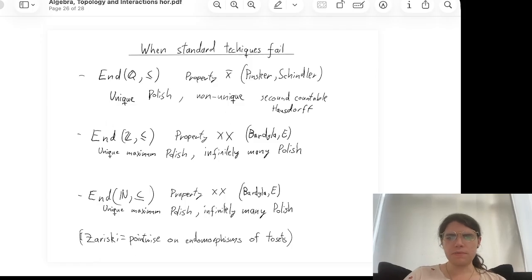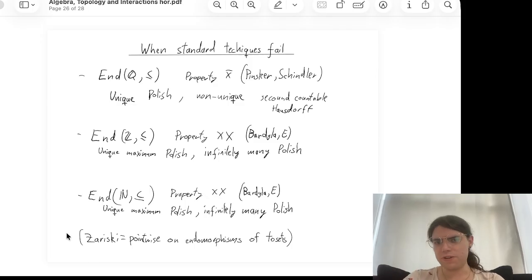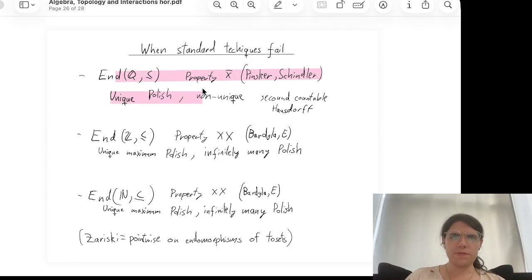And doing this, we prove this more general result, which actually isn't very hard, which says that if you have any totally ordered set, then the endomorphismoid of that thing has the pointwise topology as its Zariski topology. So the pointwise topology is always a lower bound for endomorphismoids of orders. And in some cases, it's the biggest one. In the case of Q, it's not, but we could still do some stuff, which I think is quite satisfying.